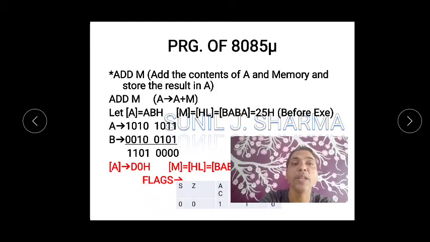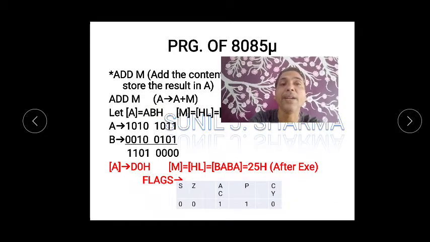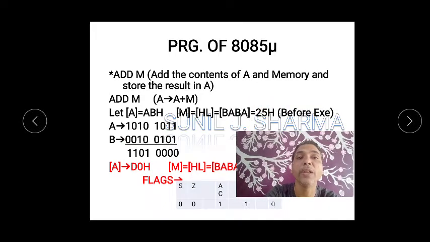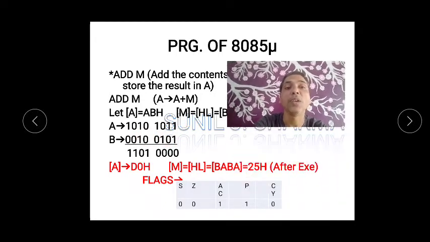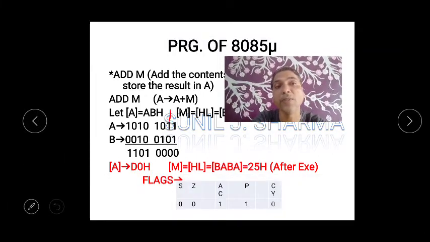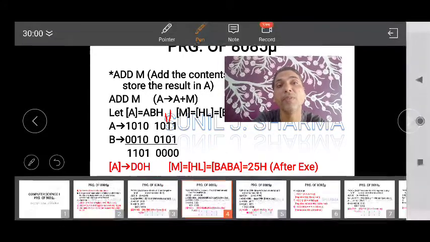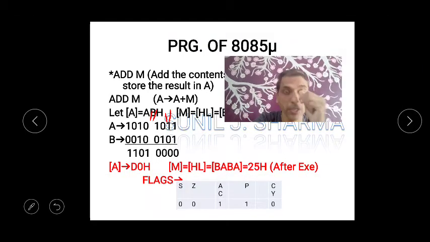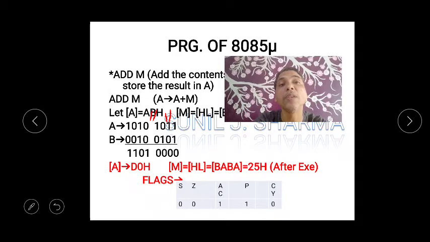Now this is the before-execution situation. Now let's add it. I think everyone knows how to convert using the 8421 method. So A means 10, this is 11, and 11 means B. This is 2 because you can see here 25, so it is 2, 5. Okay, one minute. Let us add this. 1 plus 1 is 0, carry 1, 1 plus 1 is 0, carry 1, 1 plus 1 is 0, carry 1, 1 plus 1 is 0, carry 1. Here we got an auxiliary carry.